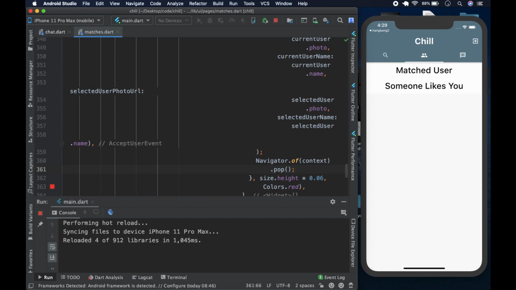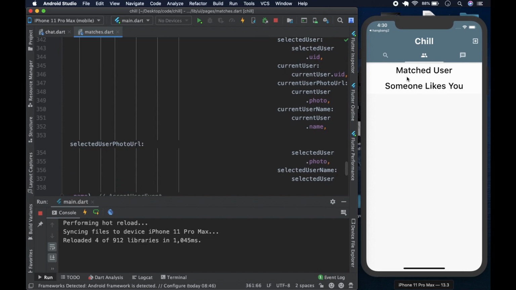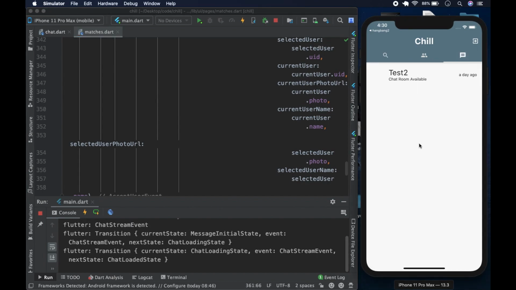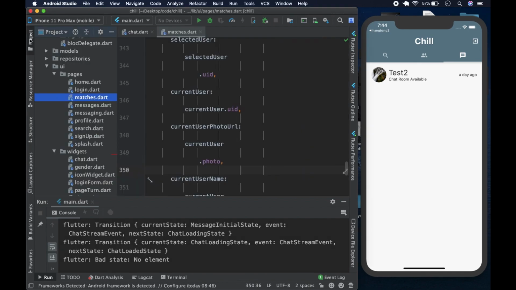So we have sorted out our issues, like when you select in the matches page, when you select someone or reject them, they disappear and they either move to the matched user if you hit the red heart, or they disappear completely from the page entirely if you hit the X. So basically, we have done that, and now we can move on to the business of the day, which is working on the blocks. So now we can continue with our block, and this is going to be our final block. So let's get to it.